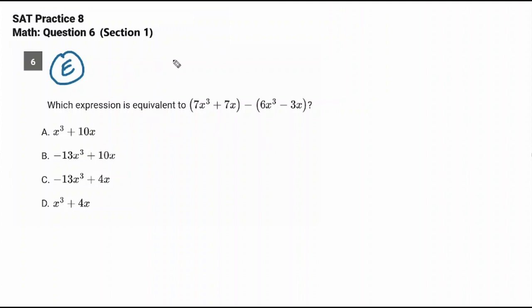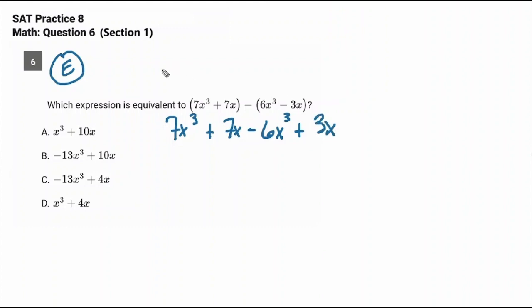I'm going to show you the real math way, which is what I would choose since it's an easy question. I don't really like to plug in on easy questions. There's no need. But I'm also going to show you how you could plug in if you want to. 7x to the third, I'm going to save a step here. I'm going to get rid of these parentheses. Plus 7x, easy enough, minus 6x to the third, but negatives can really kill. Be careful here, right? It's minus, so it's plus